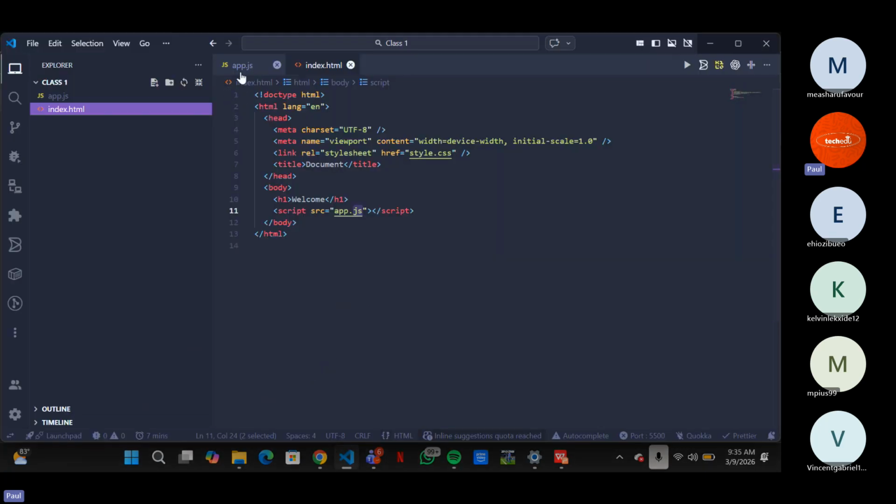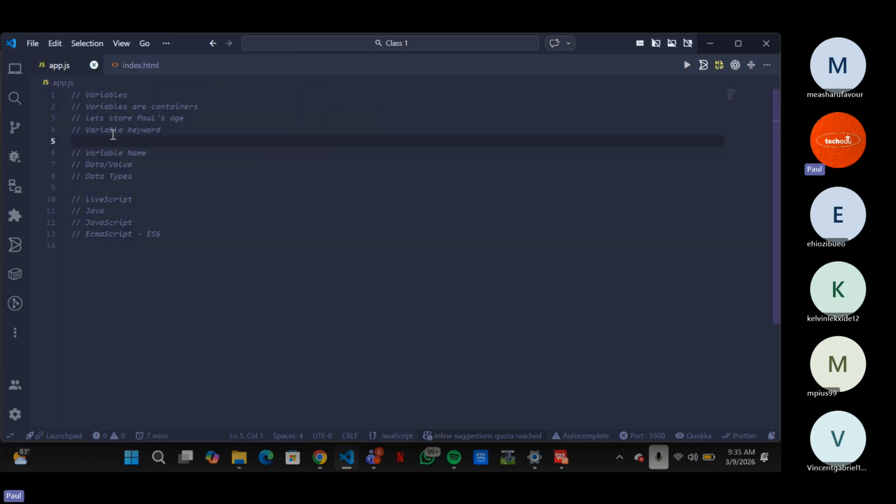Today's class, I'm going to talk about variables. When we talk about variables, we're talking about containers that store data. And talking about these containers that store data, we're going to be talking about these three